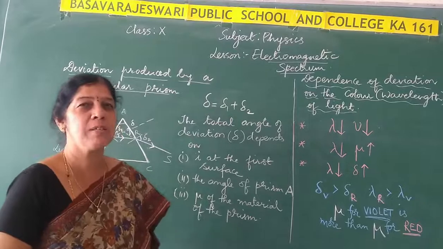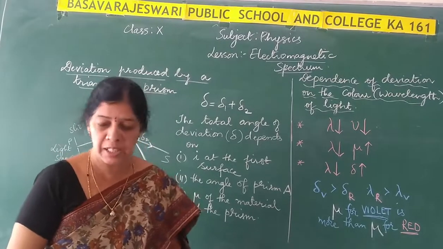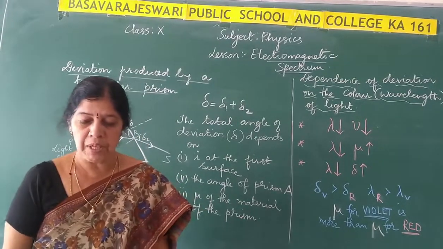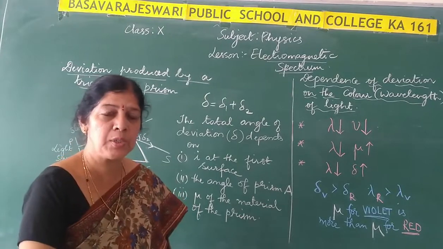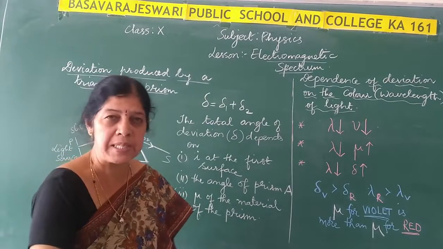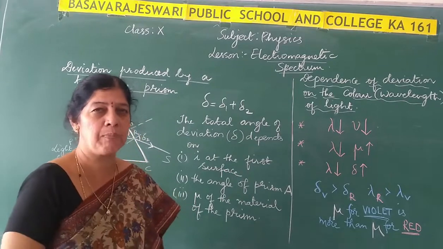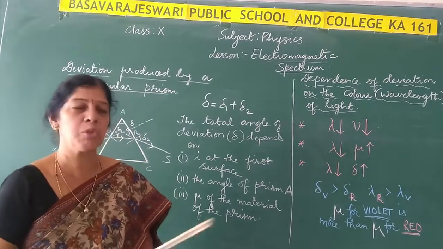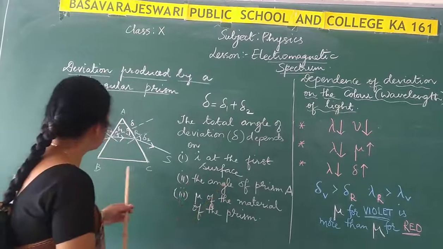Already in your lower classes you have studied about refraction of light. So we have learned about refraction of light through a triangular prism, that is, an equilateral prism. So here I have a ray diagram drawn for you. If you observe here,